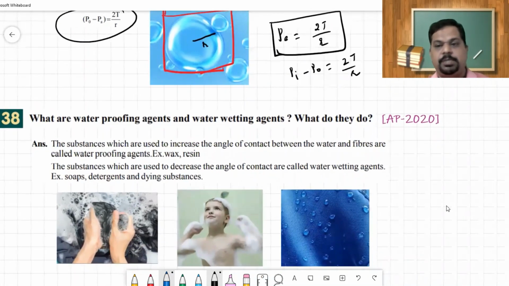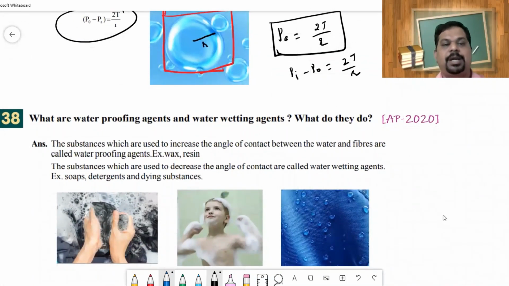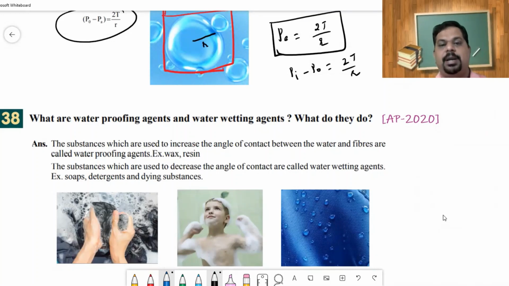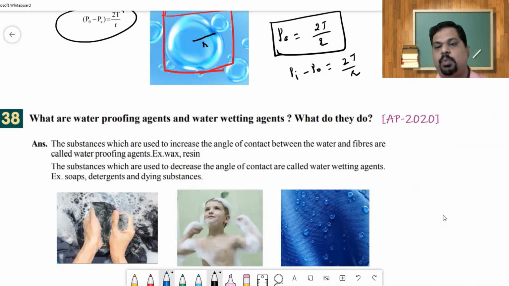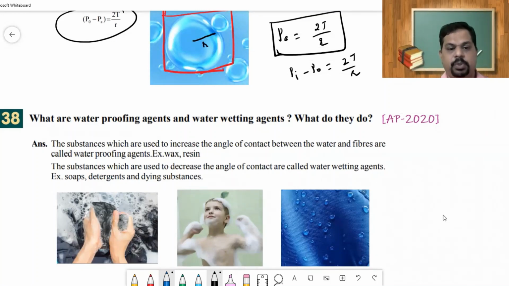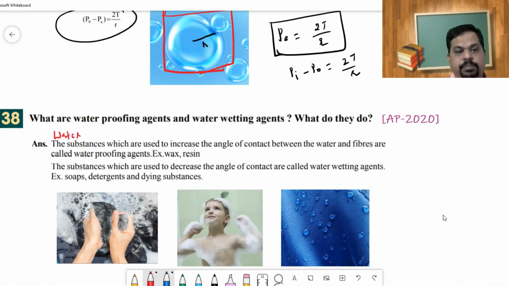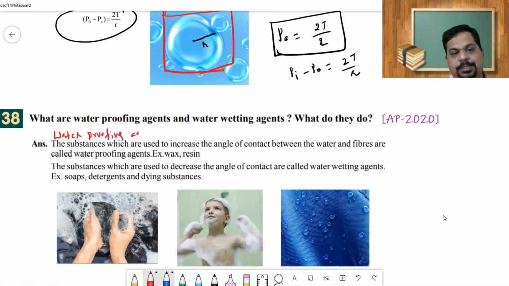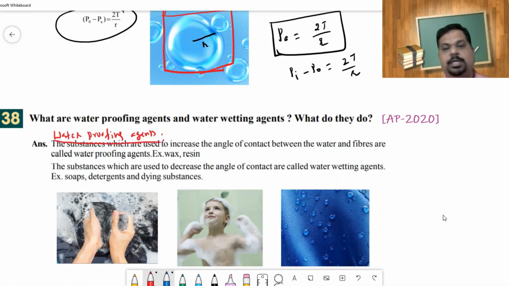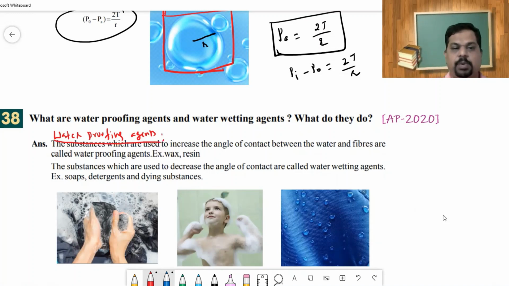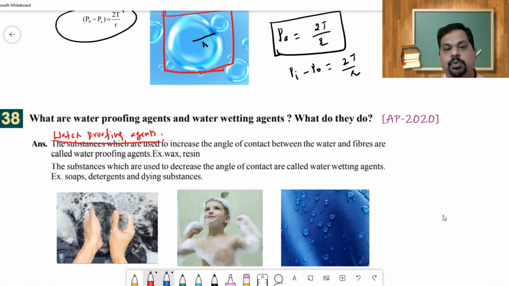Now let us move on to another important question. What are waterproofing agents and water wetting agents, and what do they do? Very important. It is better if we keep the heading. Waterproofing agents. In the exam, this is always an advisable thing. Keep the heading. So what is that? These are the substances which are used to